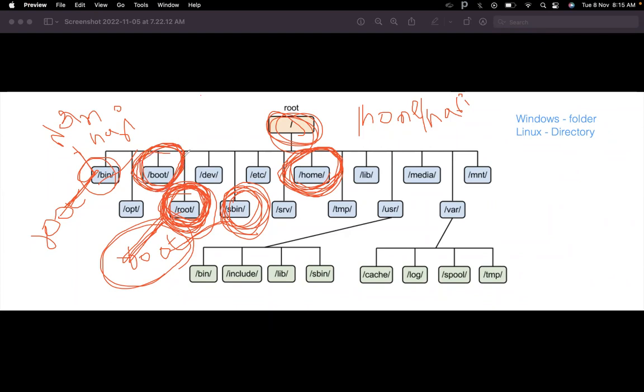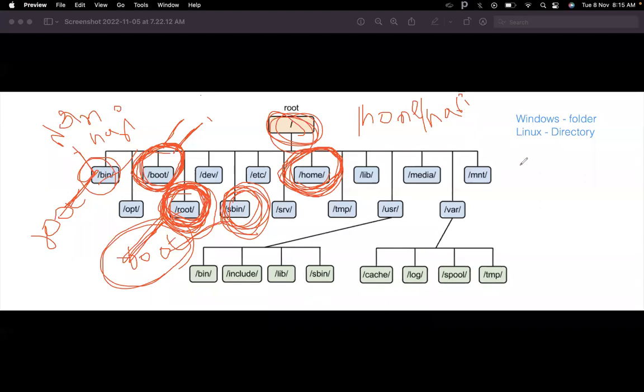To bring the server up or down, you give the init command. init 0 is for shutdown, and init 6 is for reboot. If you hit init 6, it automatically boots from /boot, which has GRUB. In GRUB, something like vmlinuz and a kernel file are specified. So vmlinuz is nothing but a kernel.